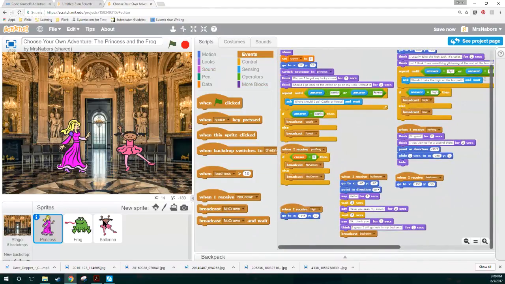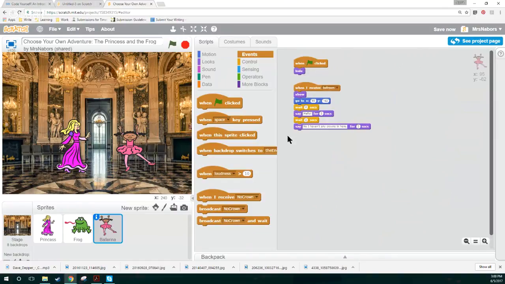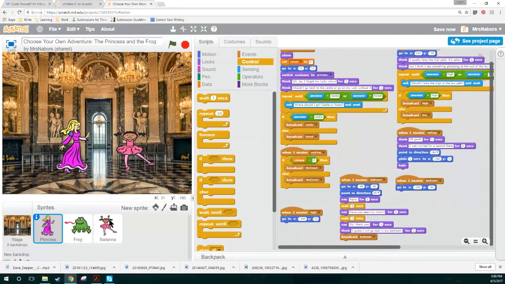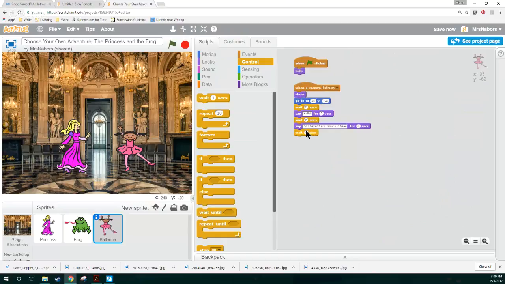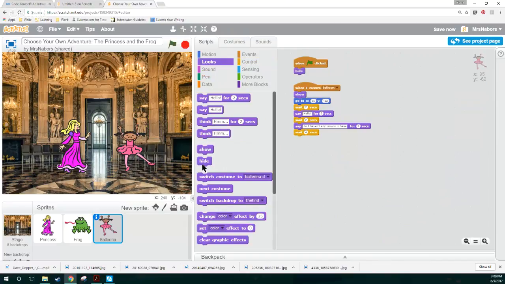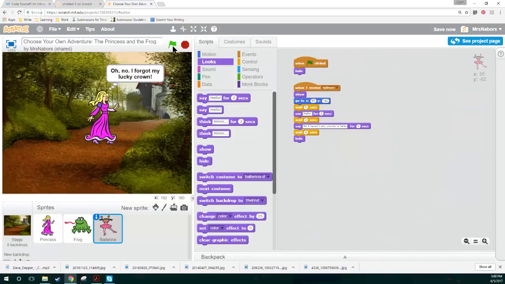We do need to go back to the ballerina and have her wait. Let's see, the princess said and thought for 4 more seconds, so we have her wait 4 seconds, and then we have her hide again. Okay. So when we do that,